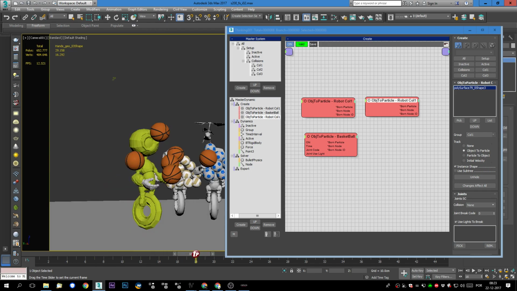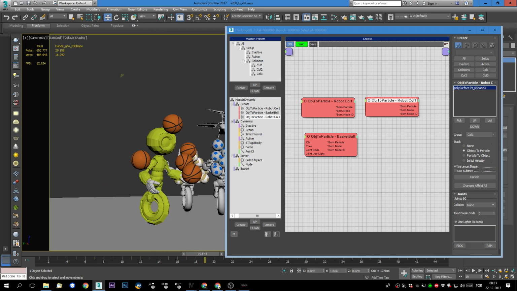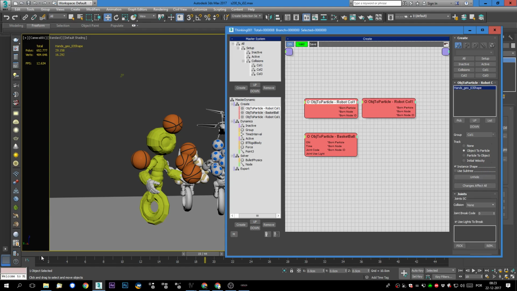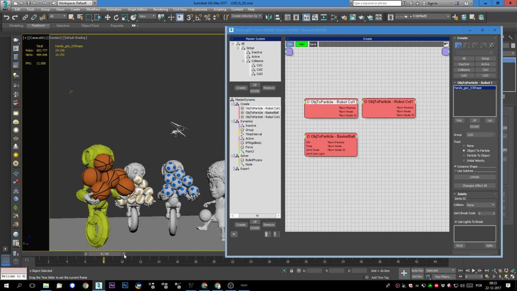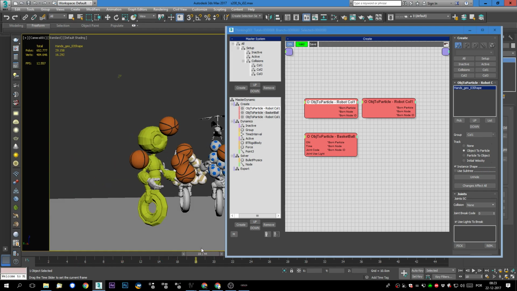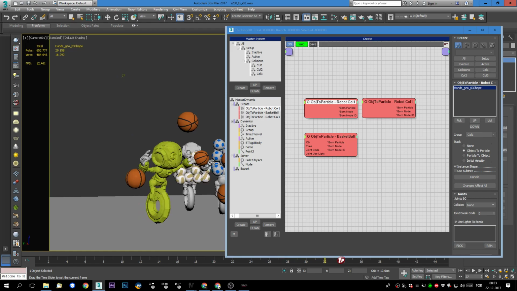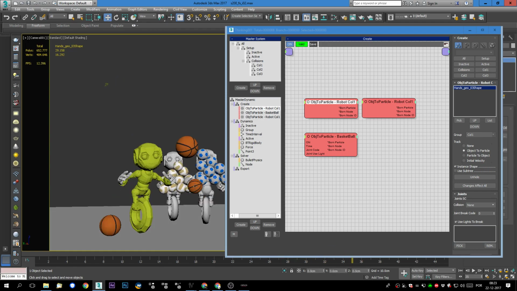Okay, now you see that they are animated. I don't know why this happened, but I had to create a lot of this to keep the alembic animation. Maybe I'm not an expert in the alembic format, so this was one of the solutions that I found, and it worked. Okay, so this is it. Let me just check it, and now of course you can see that the hands are colliding